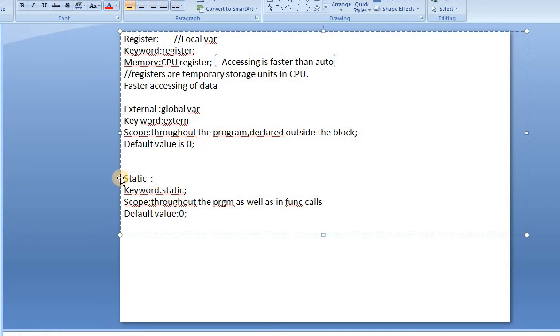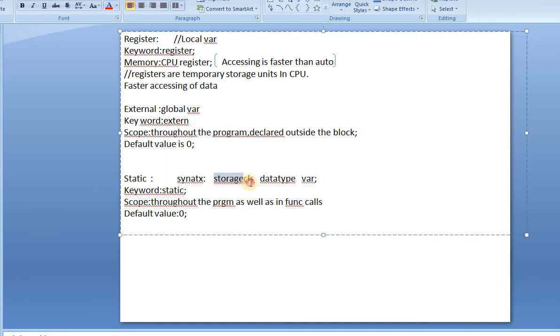Next, coming to the last storage class, the static storage class, the keyword for this is static. The syntax for all of these is: storage class, space, data type, variable.